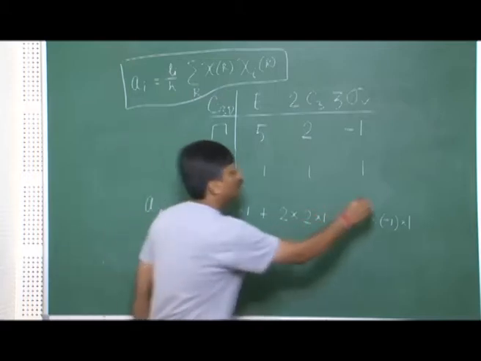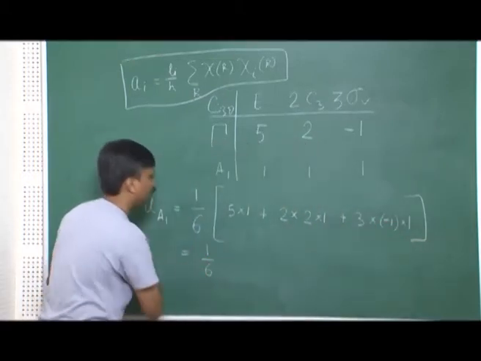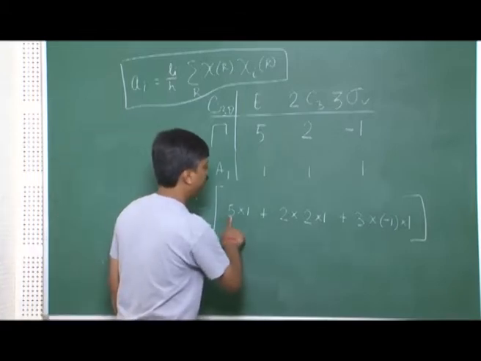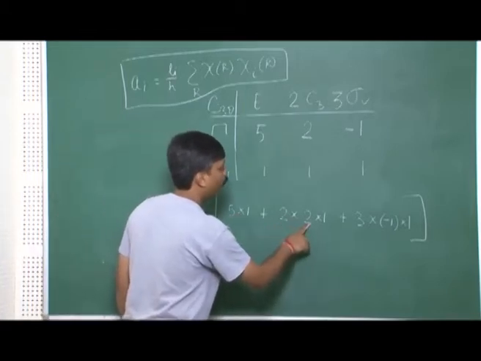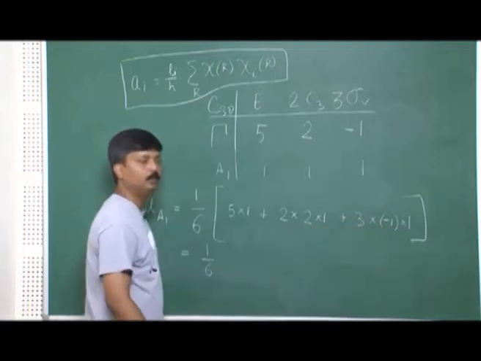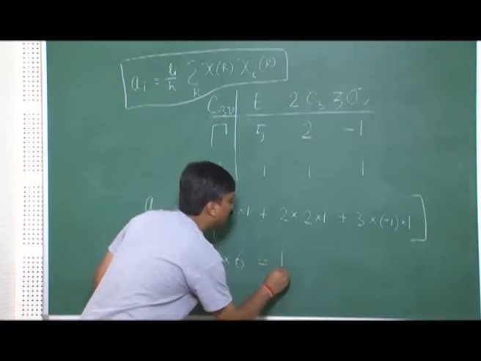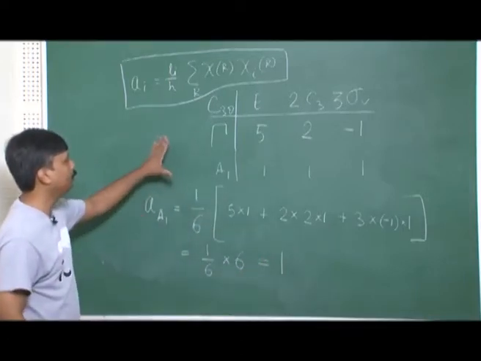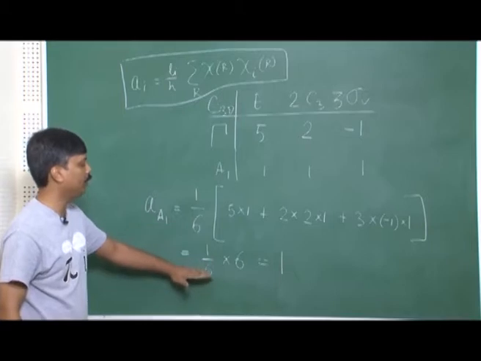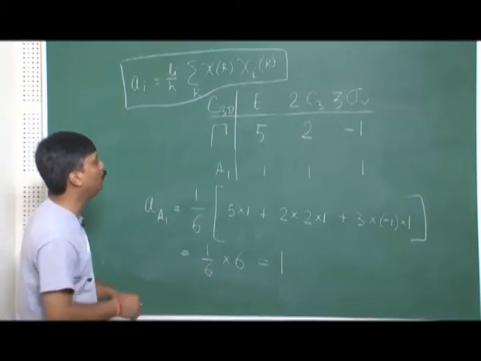So this gives me 1 upon 6. This is 5 plus 4, 9 minus 3. So equals 6, meaning 1. So this means that if I reduce this one, I will get A1 only once. I can quickly find out what will be the fate of